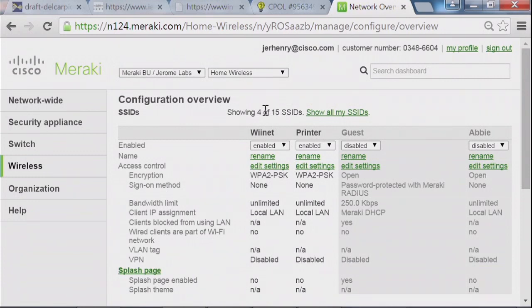What does that tell you? If you remember, that tells you that the access point has 15 MAC addresses to support multiple SSIDs. So that's the maximum on this solution, 15 SSIDs per access point. There can be up to 15, but the system is going to display the first 4. And this is reasonable because in most networks, you do not want to have more than 4 SSIDs on any